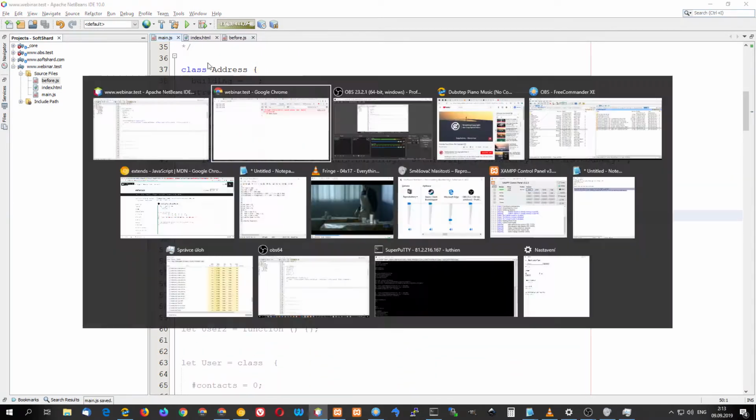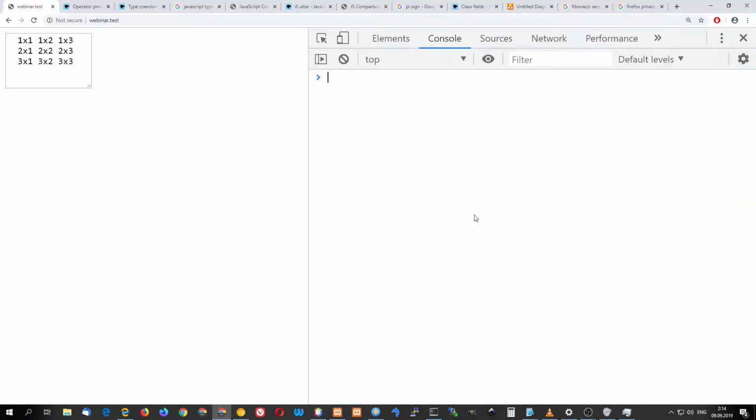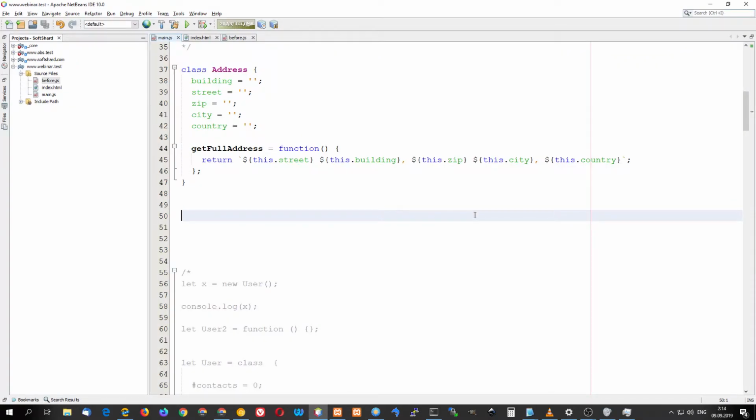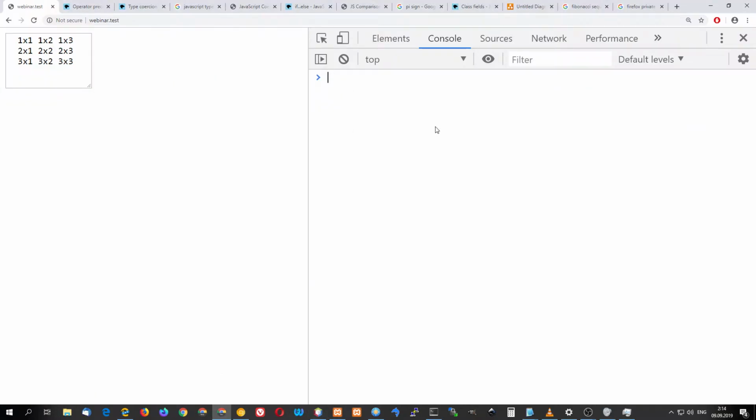So we have our address class. Should I talk about this first or this first? Let's talk about this first. By default there's an object called object. It's a function actually,